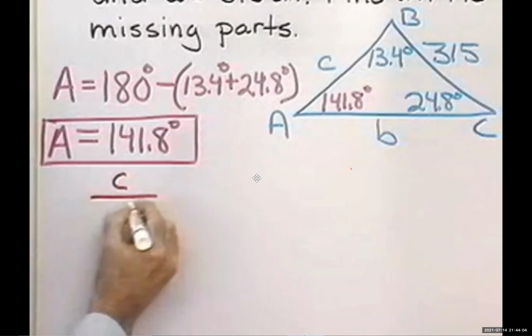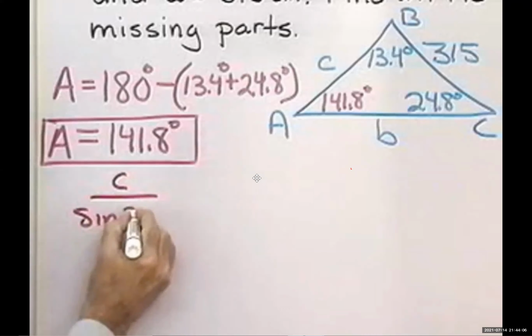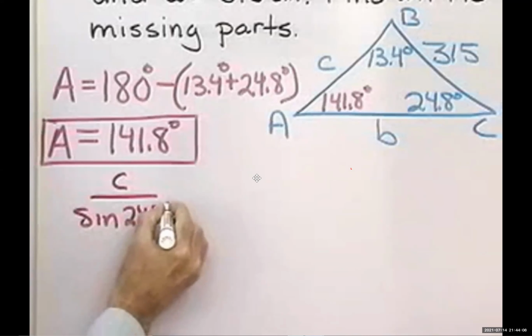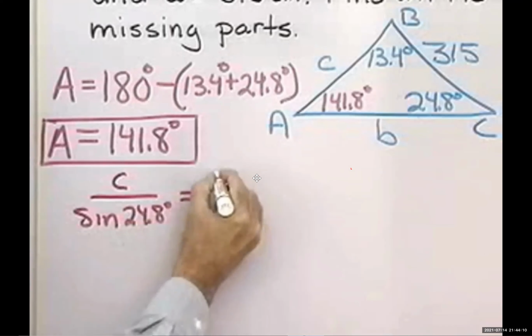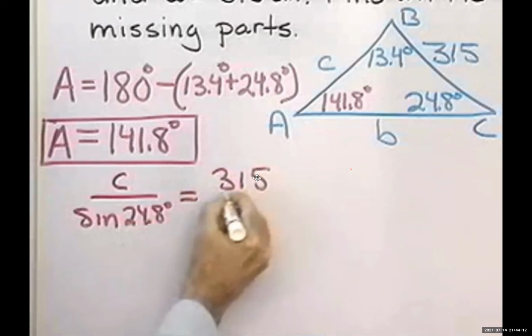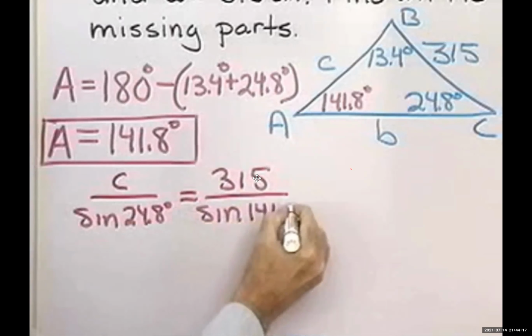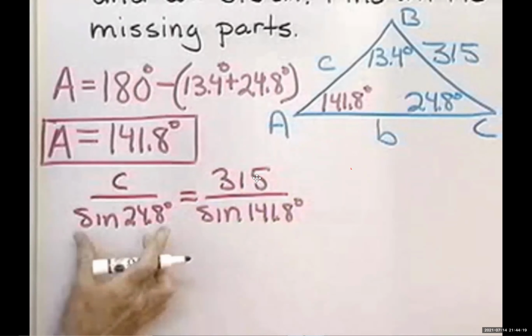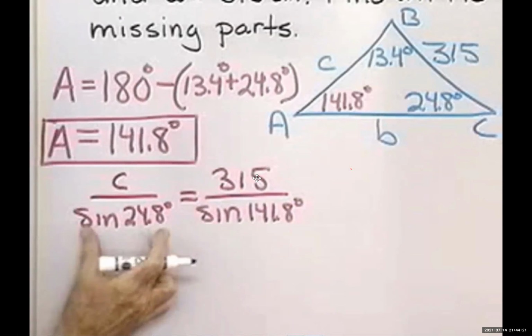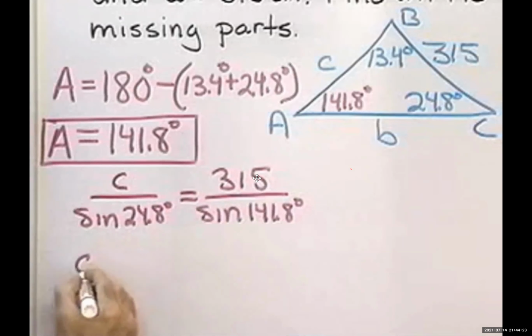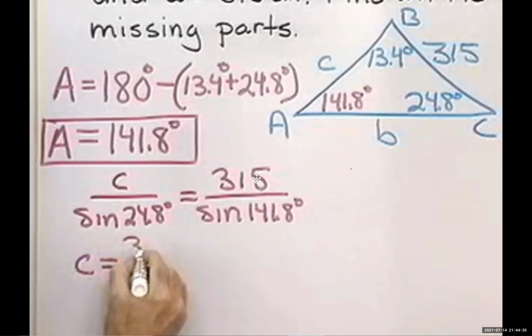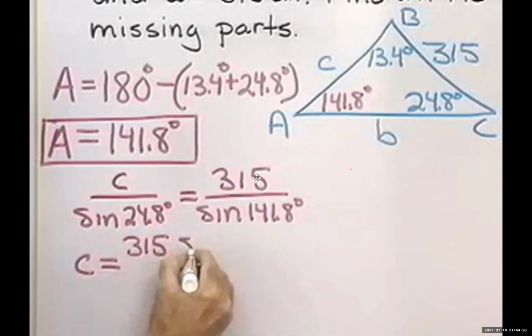C is to the sine of 24.8 degrees as 315 is to the sine of 141.8 degrees. I'll multiply both sides by sine 24.8 degrees, and I'll end up with C is equal to 315